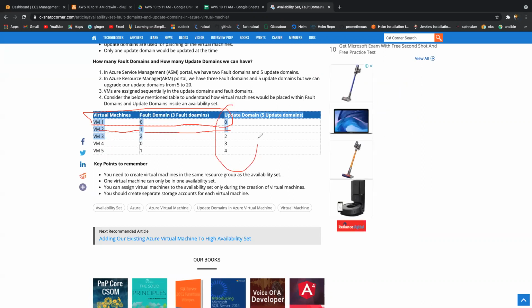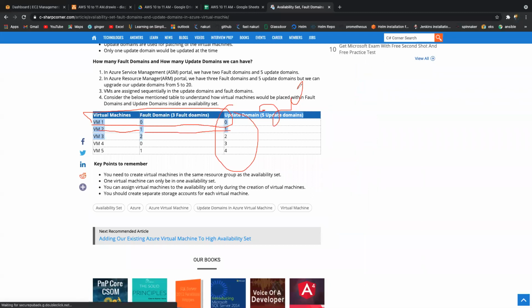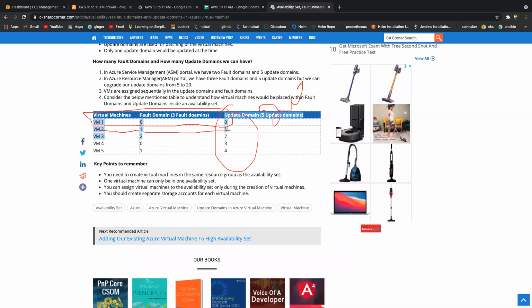So simultaneously, you can update 20 virtual machines. Simultaneously in the sense one by one, I mean. When you are passing the parameter, you can give the value of 20. So 20 means 20 servers are going to get updated. The first server will get the update while the other 19 servers are up and running. Then the second server will get the update while the first and the rest are running. Then the third server will get the update. So one by one, we need to allow them to do the patching update. If we allow the patching update simultaneously, then we may face downtime.